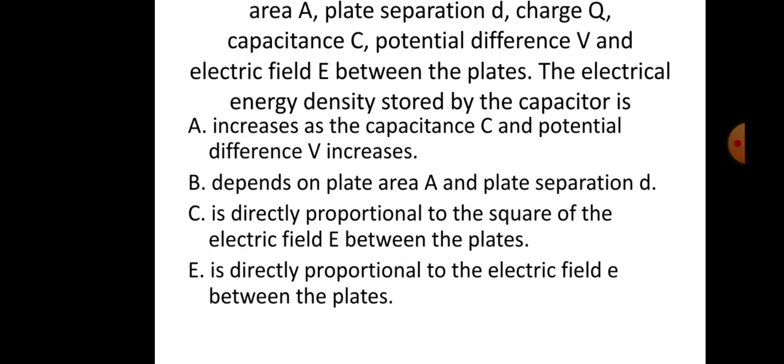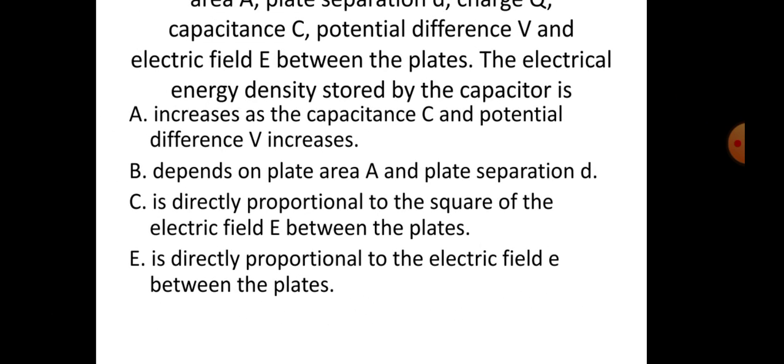E is directly proportional to electric field, this is D. E የተባለ እዚህ ጋር D ነው። is directly proportional to electric field between the plates ነው የምለው። ስለዚህ እዚህ ጋር ማለት ነው